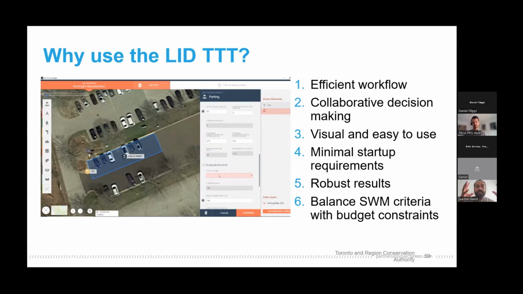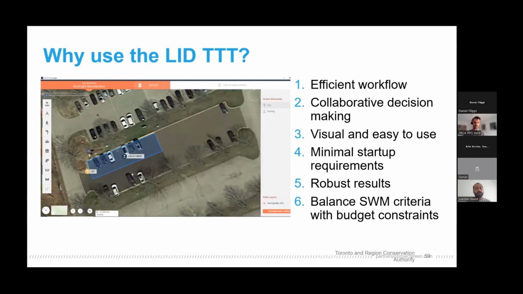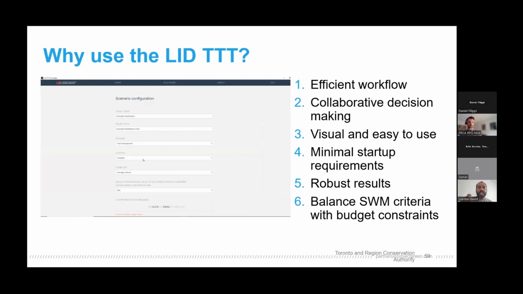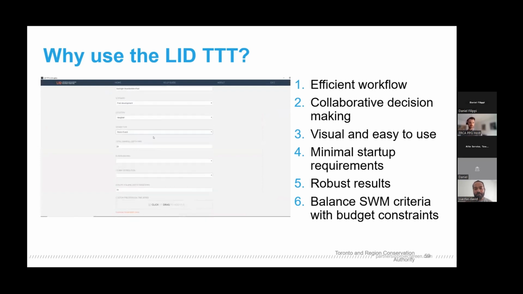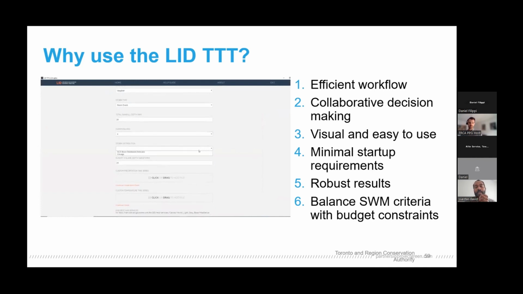And as a result of it being visual, it allows you to collaborate. We ran this workshop very recently for sustainability practitioners, and we had them in groups of 5. Not all of them were modeling, but all of them were able to provide perspectives and opinions based on the site they saw. So you could actually Google your site, bring up the Google imagery, and start designing right on top of your site. This makes sure you don't over-engineer or under-engineer things, and allows you to have that collaborative